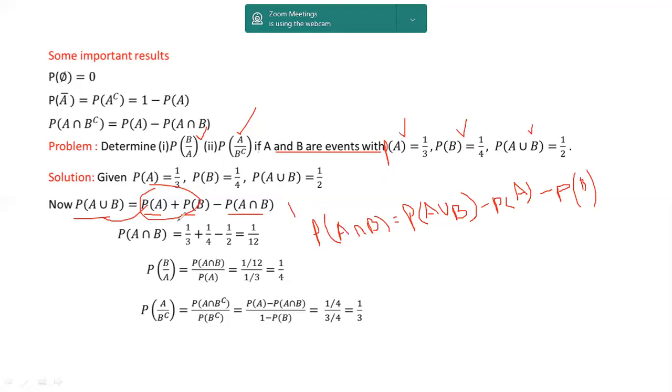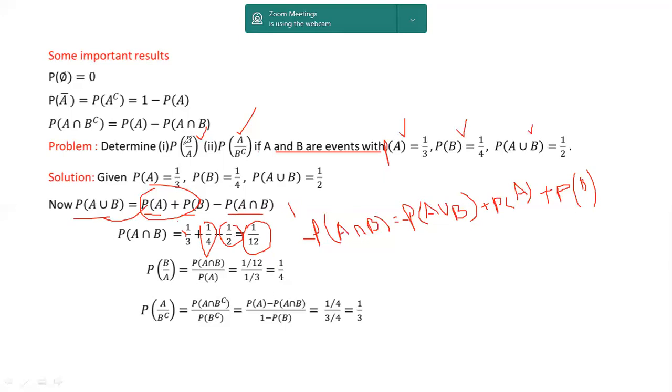So in this step, probability of A intersection B, after substitution, we are getting as 1 by 12. This is minus, so we are multiplying that with minus. So this becomes minus probability of A union B plus probability of A plus probability of B. After substitution, probability of A is 1 by 3, probability of B is 1 by 4, and minus probability of A union B is 1 by 2. So the answer is 1 by 12.